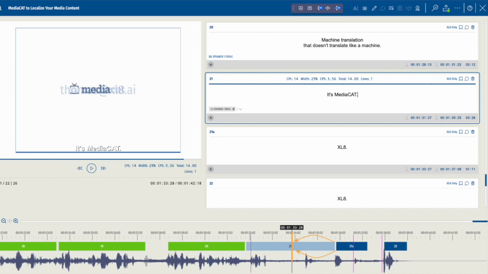It will set the current timecode as the cue out for the focused subtitle event, and it will automatically position the cue in of the next subtitle event immediately after, adhering to the minimum frame gap specified in your validation guide settings. By leveraging this efficient function, you can maintain consistent timing between consecutive subtitle events, ensuring a seamless viewing experience while adhering to industry standards or personal preferences for subtitle timing.